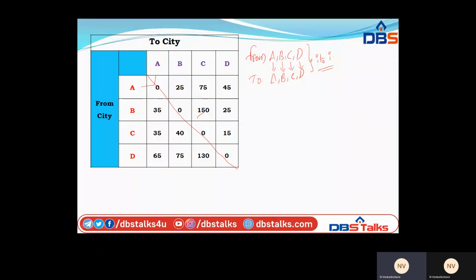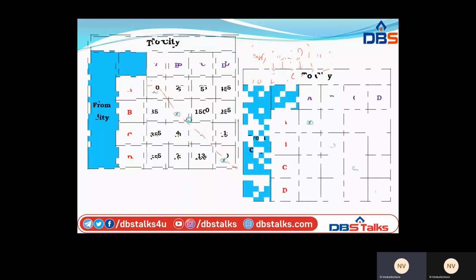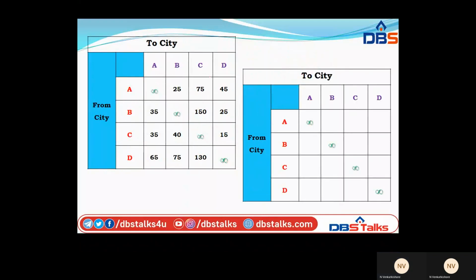It means the condition that I to I is not permitted. So for simplifying the problem, the diagonals which we are mentioning here as 0, we are simply assigning infinity instead of 0.